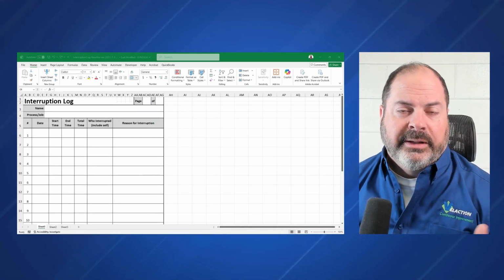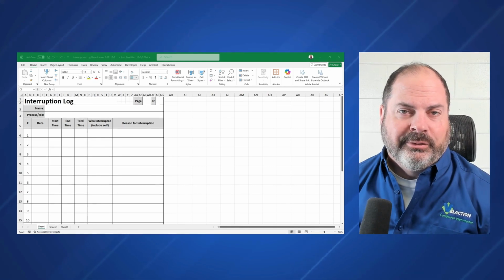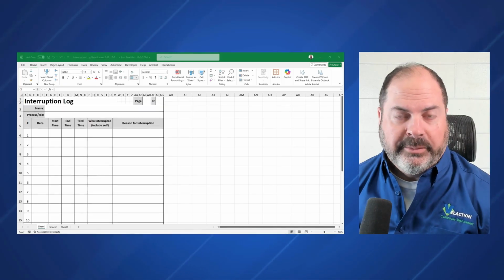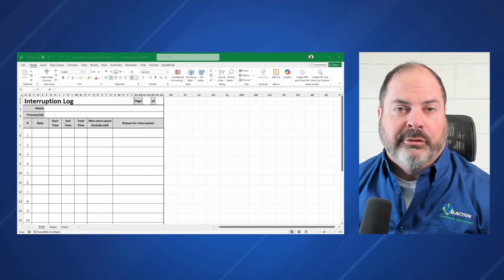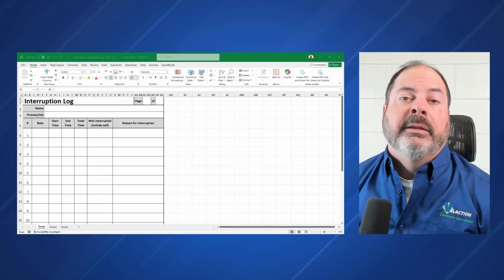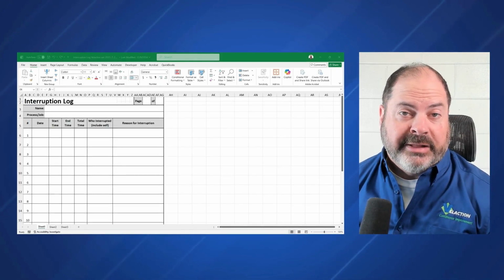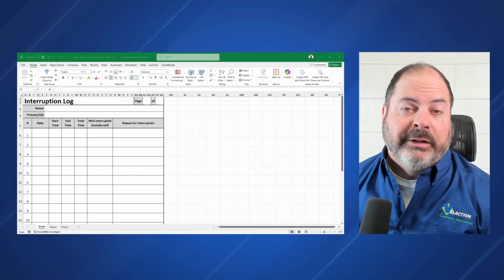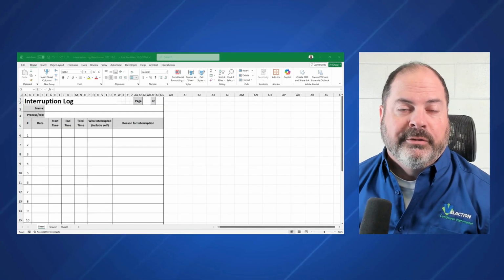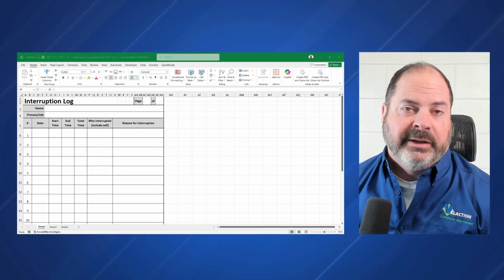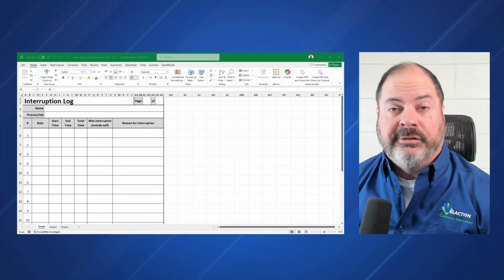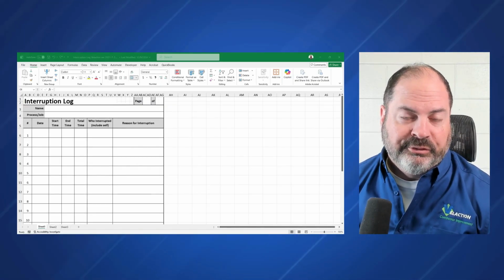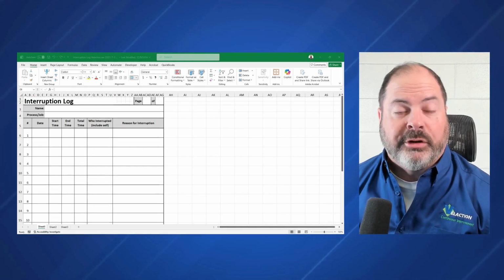Sometimes little line stops that are just a couple seconds at a time are not as impactful as one 20-minute line stop because of the cost associated with it. A bunch of little ones are annoying, but in terms of defects, if you have a lot of little defects that are escaping versus one big one that costs a lot more money, you still have a bigger issue with the number of times. And this is a way of parsing through that and getting the data collected so that you can make that decision later about whether the big interruptions are the problem for you or the little interruptions and the quantity of them,